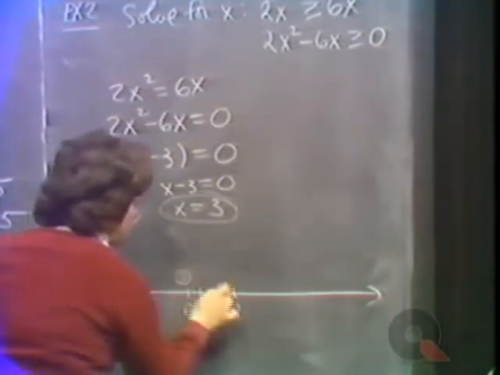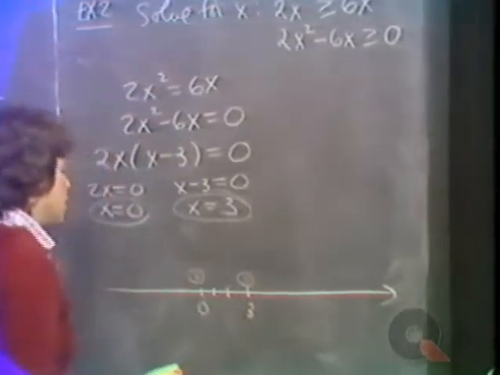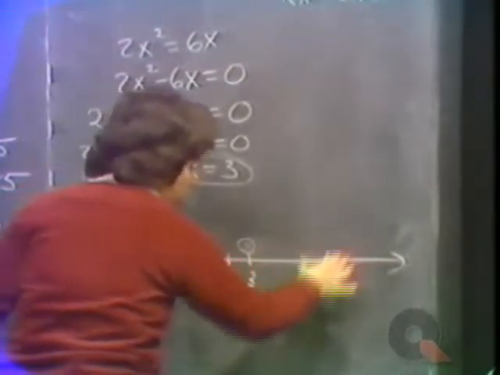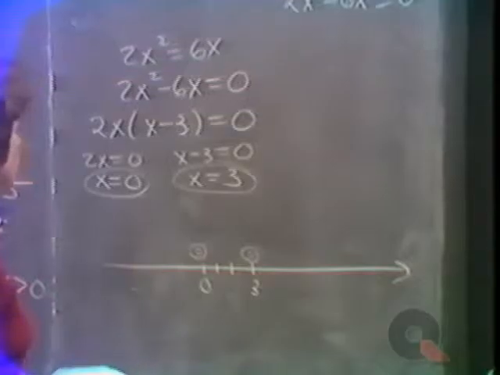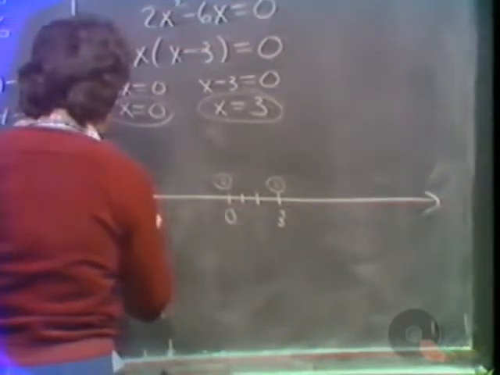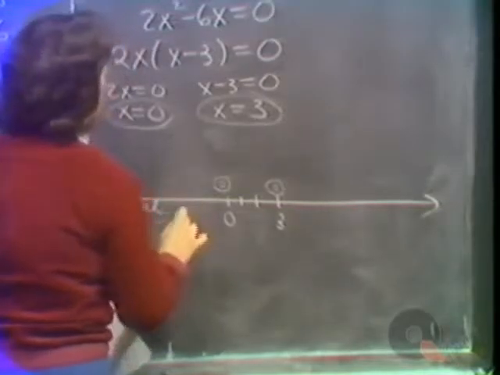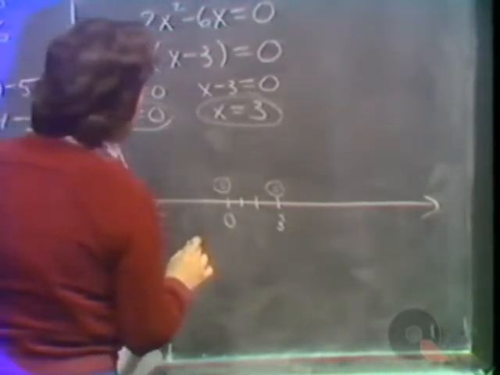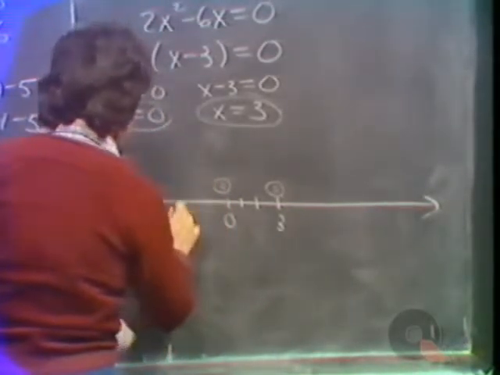Okay, here it's 0, here it's 0. And the question is, what is the sign on each of these 3 portions? So we need a testing value in each of the portions. So we can evaluate 2x squared minus 6x